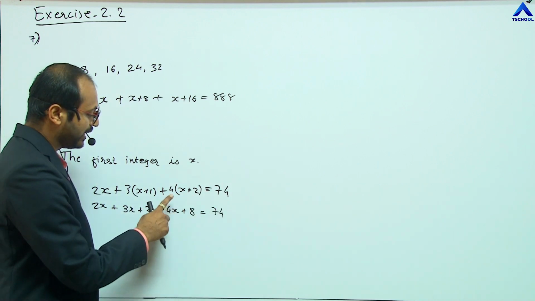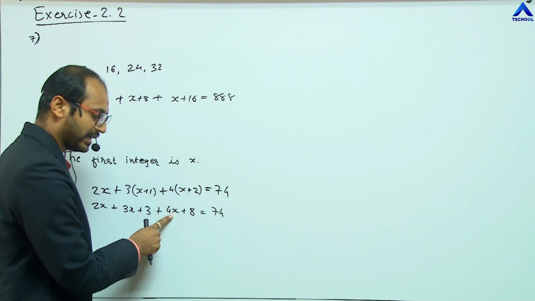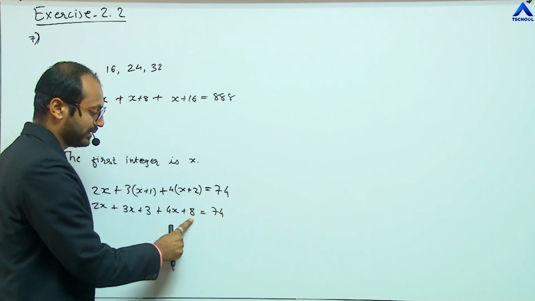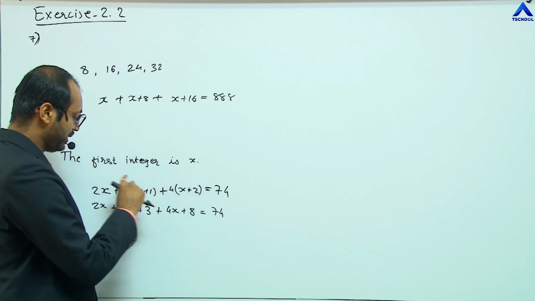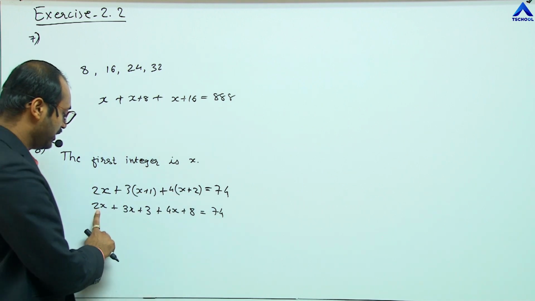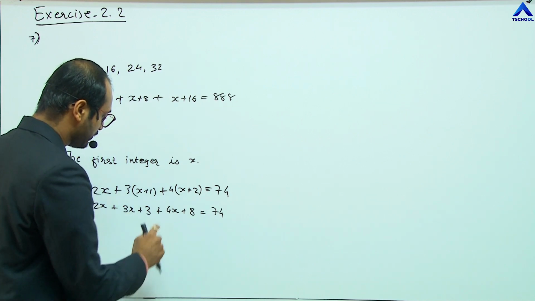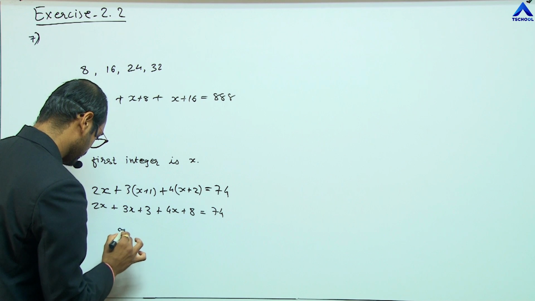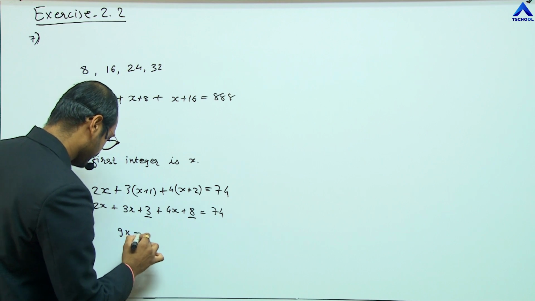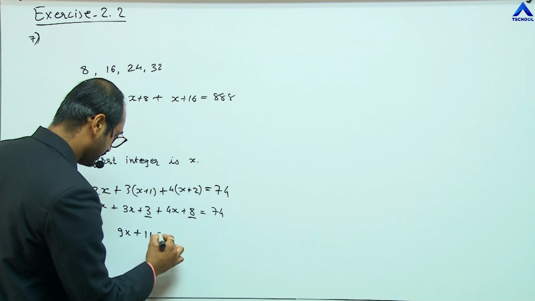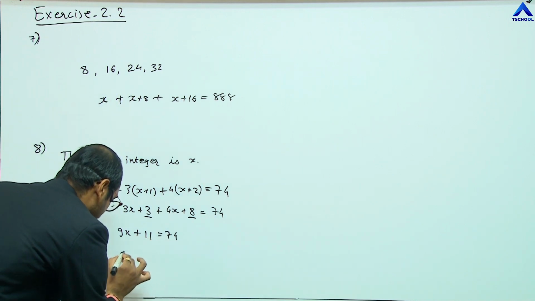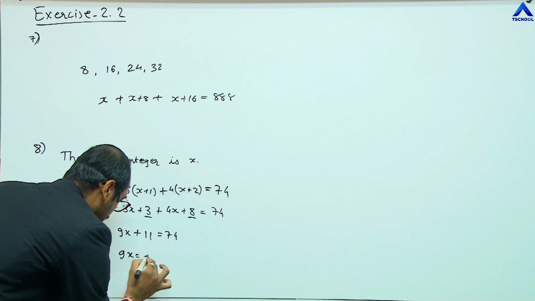We have studied in chapter 1, distribution of multiplication over addition. So here we are multiplying 4 with the first, that is 4x, plus 4 multiplied by the second number, that is 8. Clear? Now this is a simple equation. We can solve it. 2x plus 3x is 5x, plus 4x, that is 9x. 3 plus 8, that is 11, equals 74. So let me subtract 11 on both sides. 9x equals 74 minus 11,